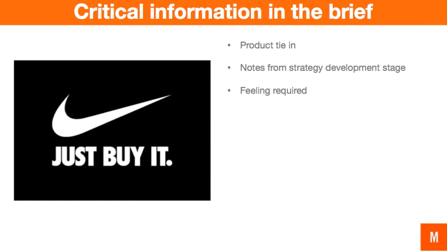So there are three pieces of information that are critical for every single brief. Obviously, a brief is a lot more detailed than this, but this is the three most important things. First of all is the product tie-in, especially if this is a top of funnel or middle of funnel piece of content. How are you going to tie the product in? Should you even be tying the product in? Then when you were developing the strategy, whether it was in content strategy time or content calendar time or client brainstorm time, there would have been ideas and thoughts thrown out. It's really important to communicate those thoughts in the content brief.